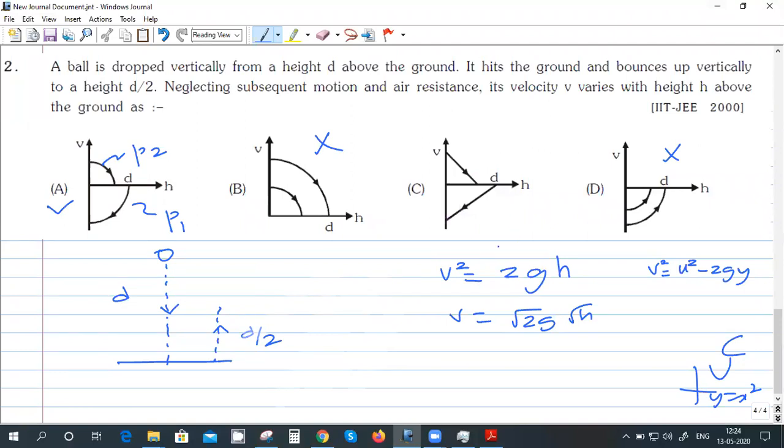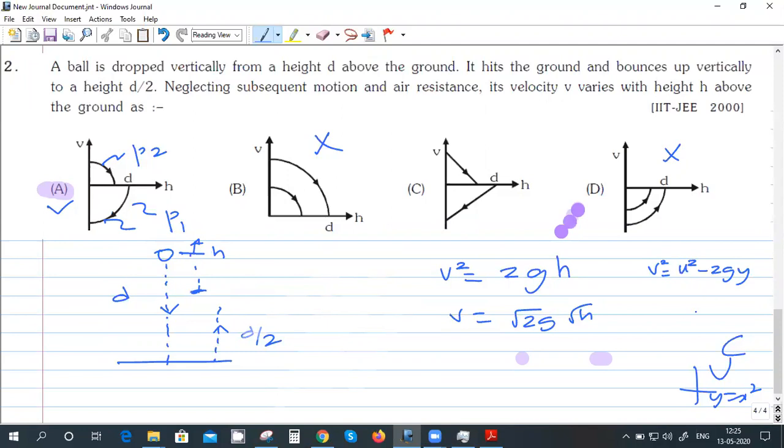This h is not the final distance, it will be a variable distance. Instead of h, I can write y. The origin of h is here, and this is the direction of measuring h. But here h will be downwards, which is negative. That's why h is negative for the first part, because the origin of h is here and it's measured in the positive, upward direction. And h is at any arbitrary time, so v is the velocity at any arbitrary instant.